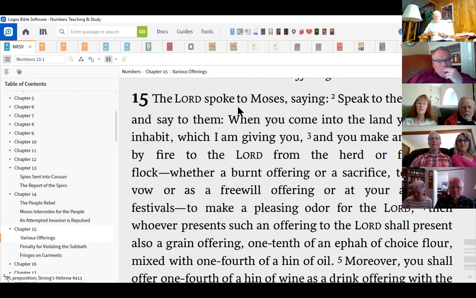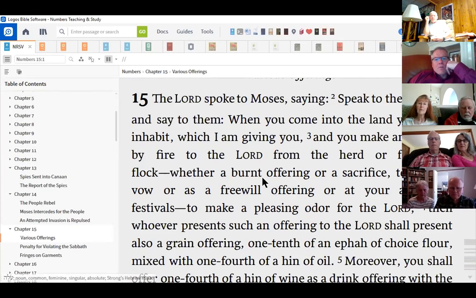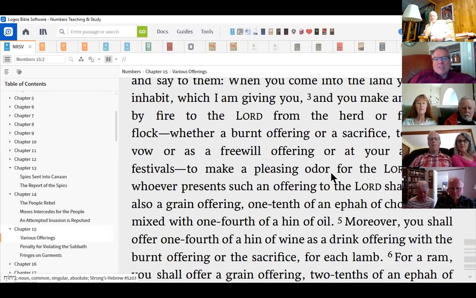The Lord spoke to Moses, saying, "Speak to the Israelites and say to them, when you come into the land you are to inhabit, which I am giving you, and you make an offering by fire to the Lord," this is the burnt offerings, "from the herd or from the flock, whether a burnt offering or a sacrifice, to fulfill a vow or as a free will offering, or at your appointed festivals, to make a pleasing odor for the Lord,